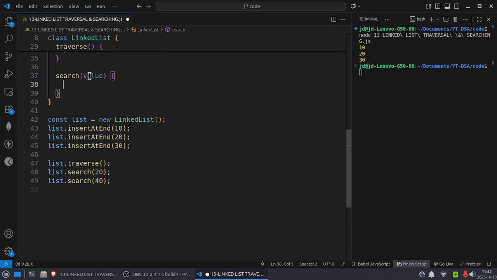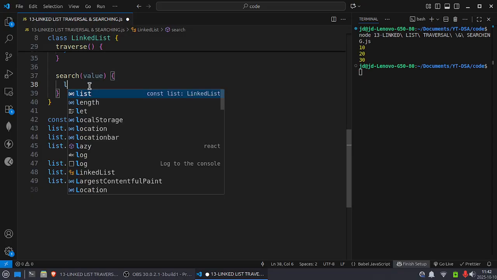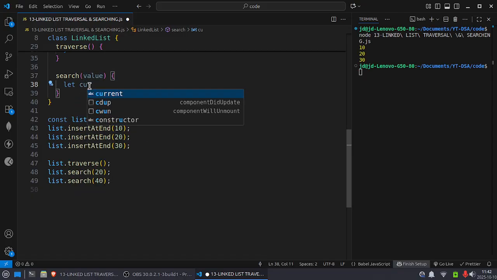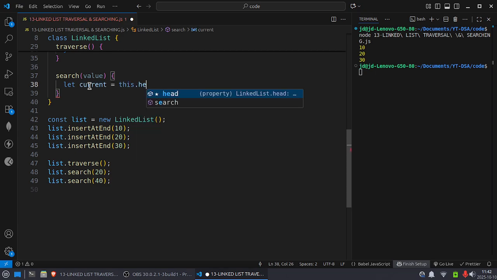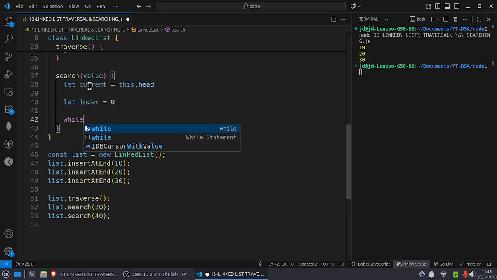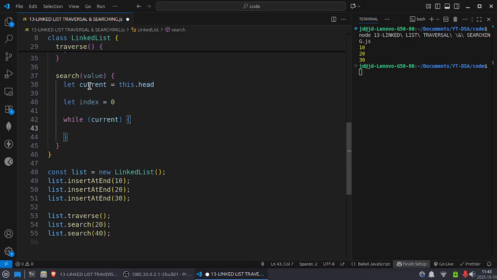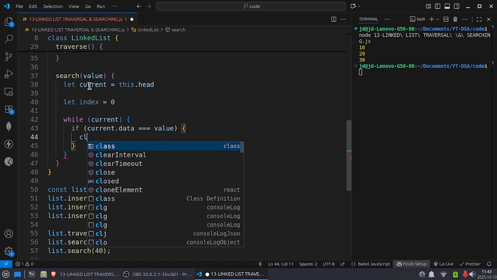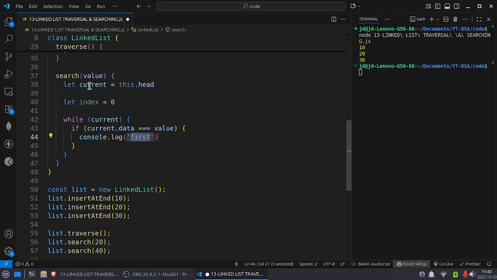So here I get a value as the parameter. Let current = this.head, which means we just copy this linked list into current, and let index = 0, and we traverse until current becomes null. If current.data is equal to value, we write console.log, value found at